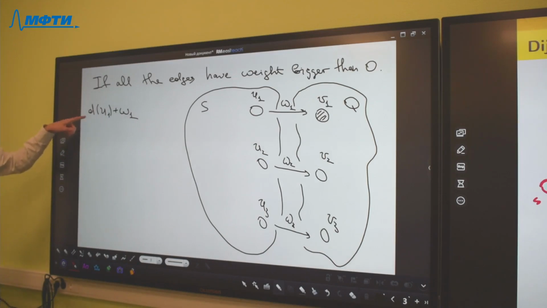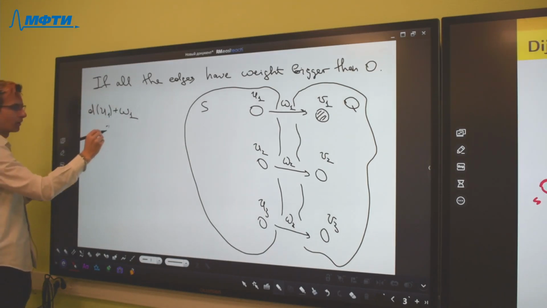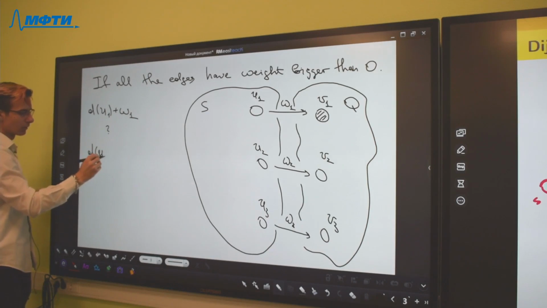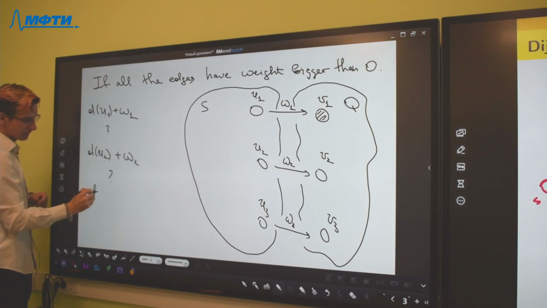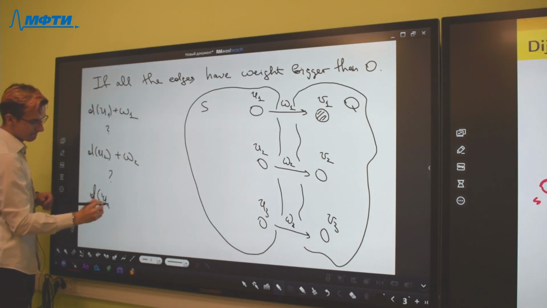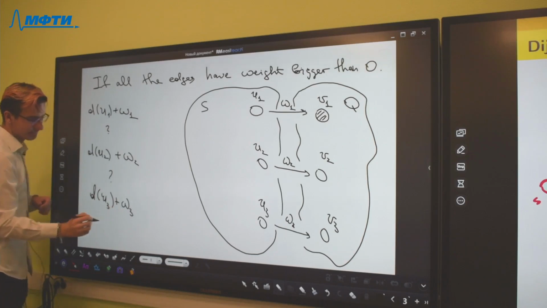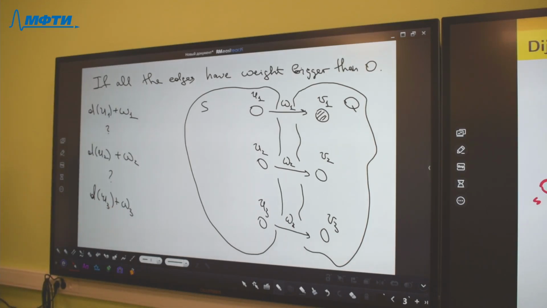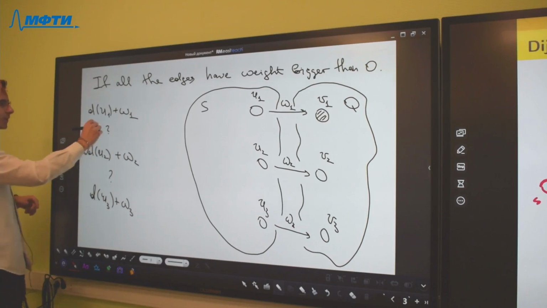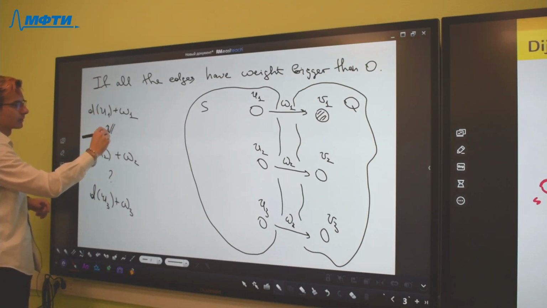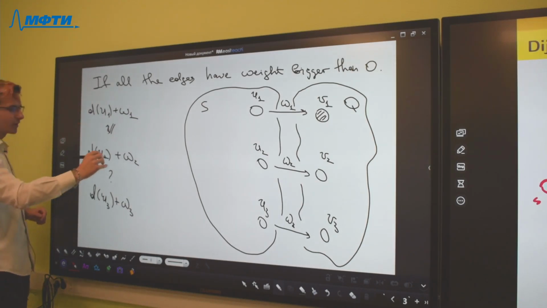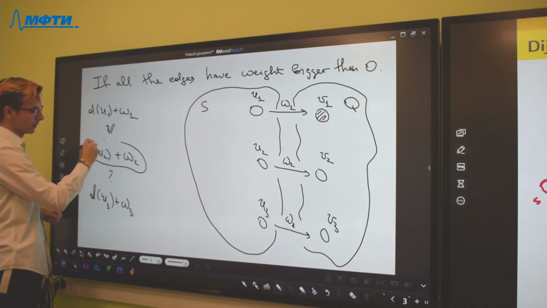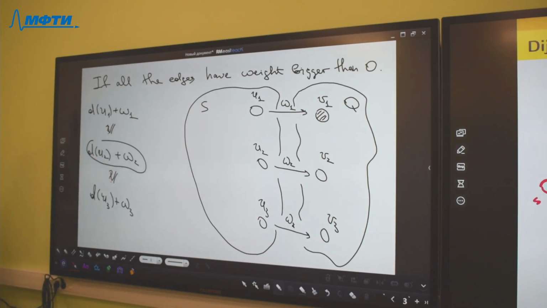We can compare this number with this number, with this number. And if we know that, for example, d of 1 plus w of v1 is bigger than this number and bigger than this number, for example, then we say that